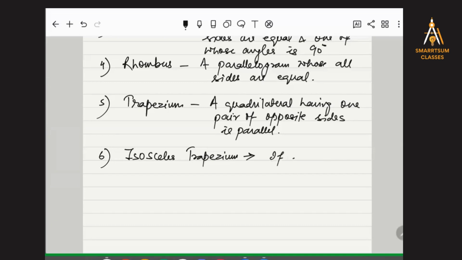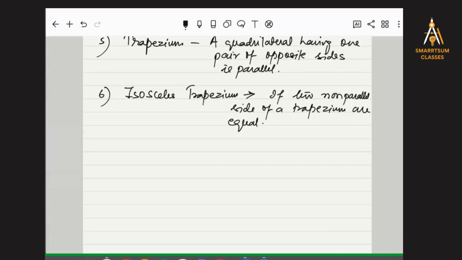Okay, so what is it? If the two non-parallel sides of a trapezium are equal, they are equal in length, then that figure is called an isosceles trapezium. Everybody getting that? Right? So trapezium can be like, if